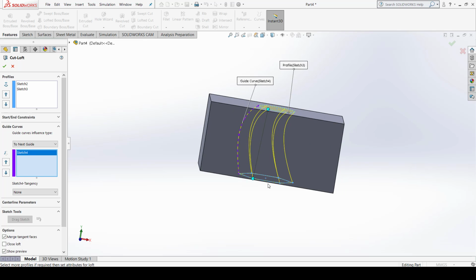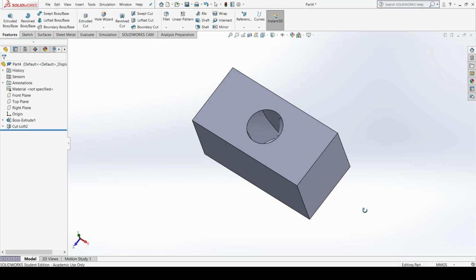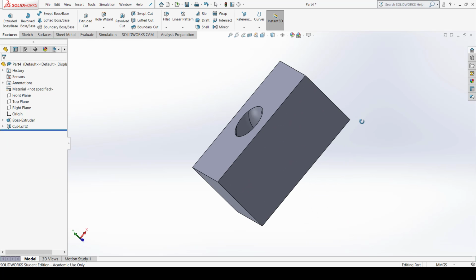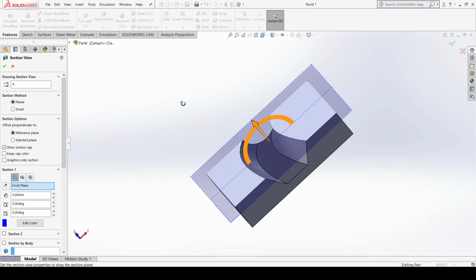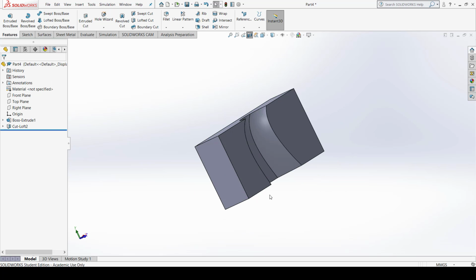The cut will move along this. The cut will move like this. It has a curve pattern here because our guide path is like this. Okay, so this is how you can create your cut with the help of the loft cut command by providing a guide path. So when I click OK here, you can see your cut will move along that path, and in cut section view you can see, when I click OK here, see what happens.